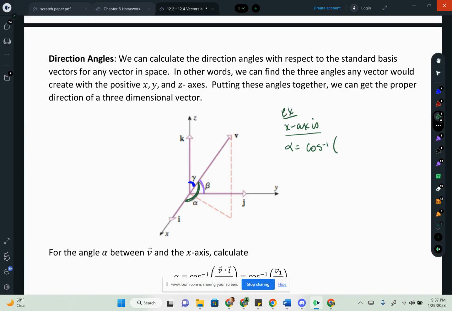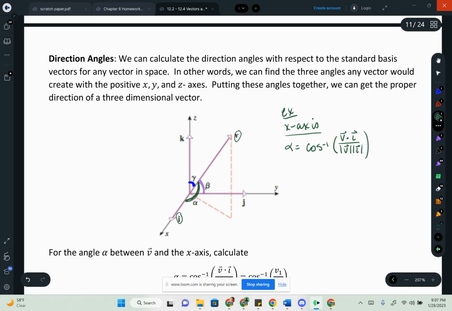Well, the 2 vectors involved are v, this vector right here, and then the standard basis vector that represents the x-axis, that's going to be i. So it'll be the dot product of v and i divided by the magnitude of v times the magnitude of